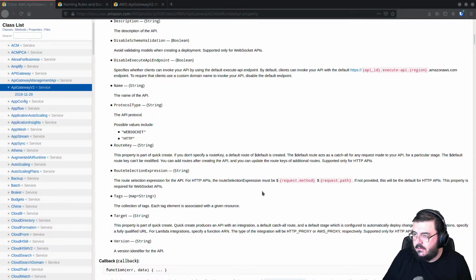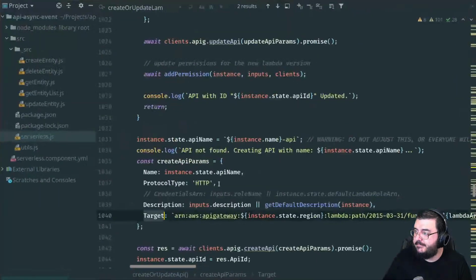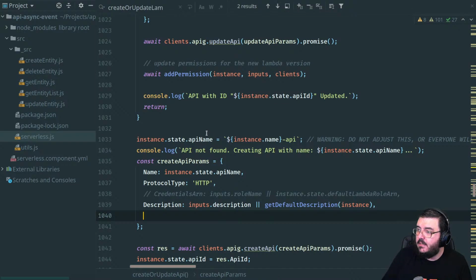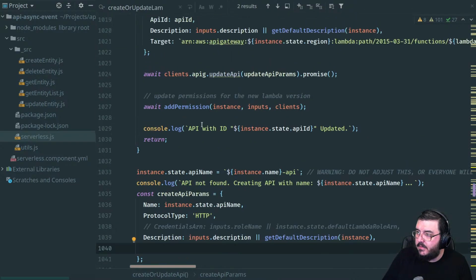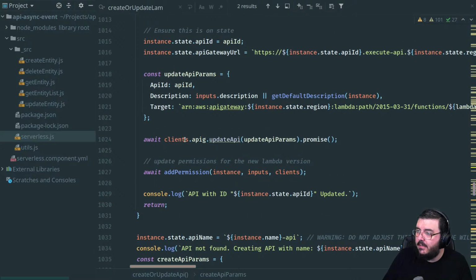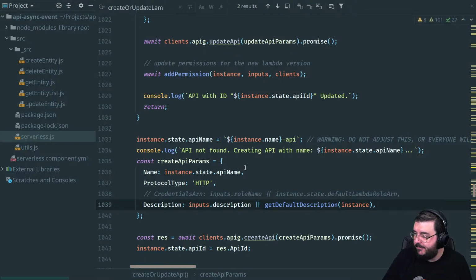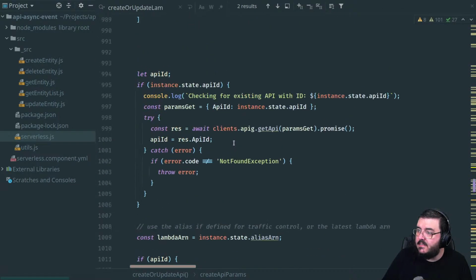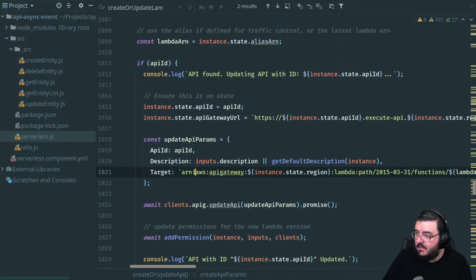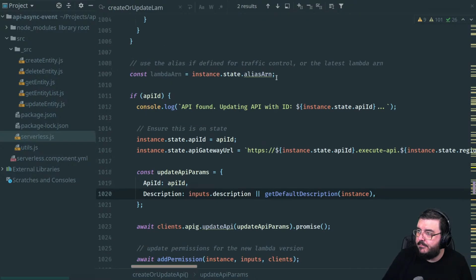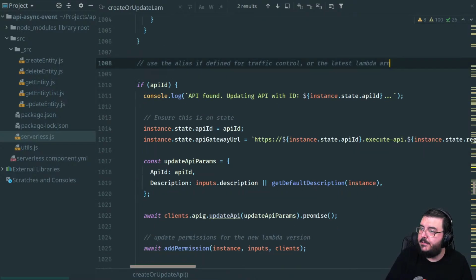So what I'm going to do is remove this target now, because in our implementation we don't want that. So then this doesn't need... where is it now? The Lambda ARN. Actually, no, that was just there. Okay. That means that on the update as well, this target doesn't need to be there. Okay. That means this Lambda ARN doesn't need to be there. Nice.